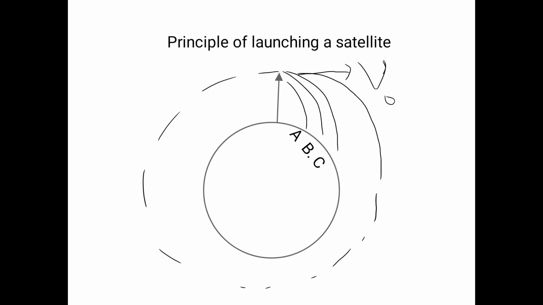Let us go to an altitude of height h from the tower. Throw bodies as shown in the figure. If we throw the body with very less speed, it will reach to the point A. Just increase the speed, it will reach to B or C. And if the gravitational force is balanced by a centripetal force, then the body will start rotating around the earth with orbital velocity v0. This is the principle of launching satellite.